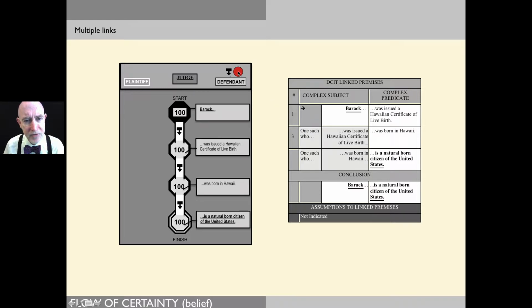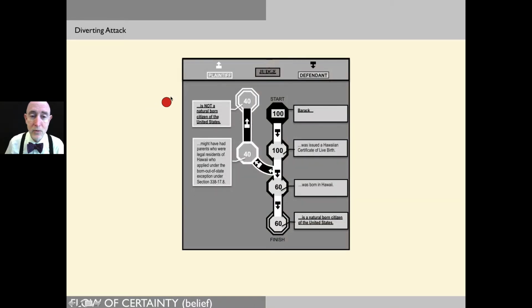And here again, from the defendant's point of view, we always start out with 100% in moving the certainty, and all of that reaches to the end. Well, the plaintiff has something to say about that. So you have the defendant's perception that this was 100% all the way through. But from the plaintiff's point of view,